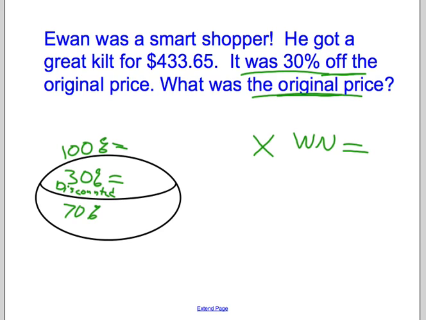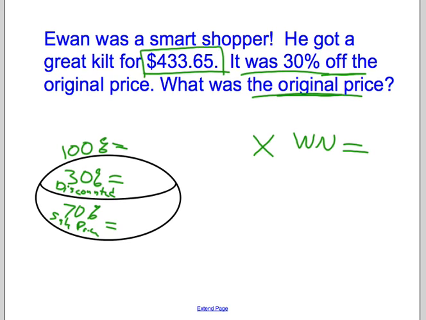70% is the sell price. That's what they ended up paying. All right, now let's look at this money value. He actually bought the kilt for that much. We know that he got it for 30% off, but this